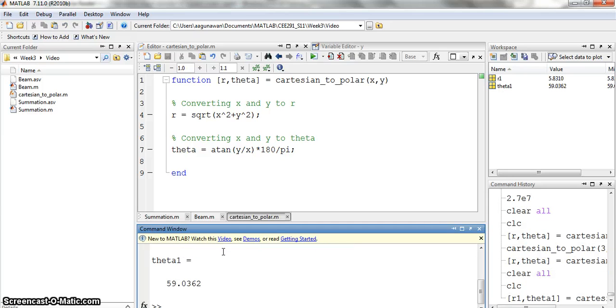Then when I enter it, I got my r1 to be 5.8 and my theta1 to be 59 degrees,